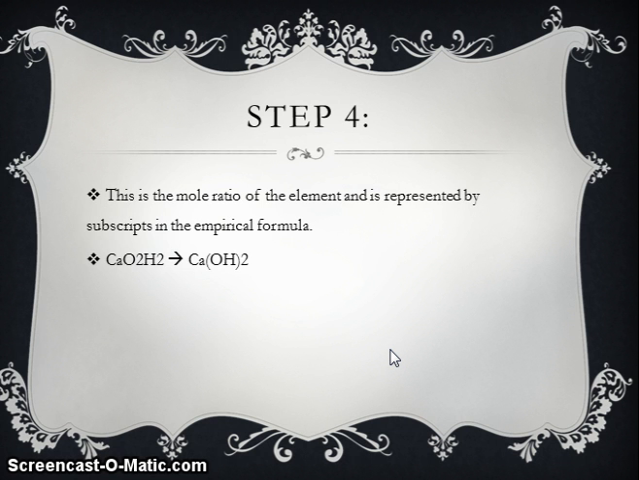Last step. The mole ratio of the elements is represented by subscripts in the empirical formula. So you have calcium, which is basically 1, which you don't write down, oxygen, which is 2, and hydrogen, which is 2. So then it transforms into calcium, oxygen, and hydrogen together because they're both